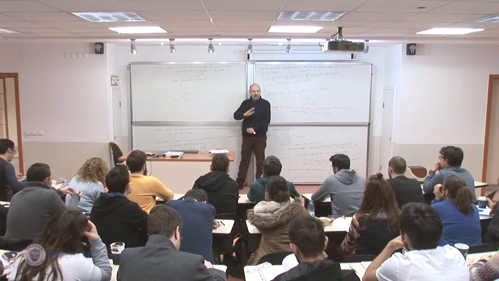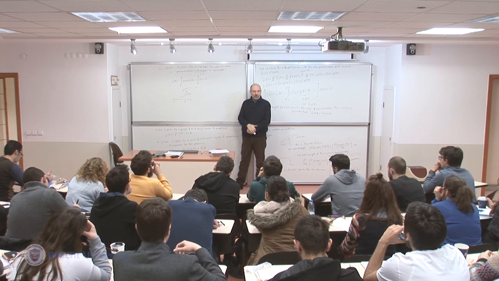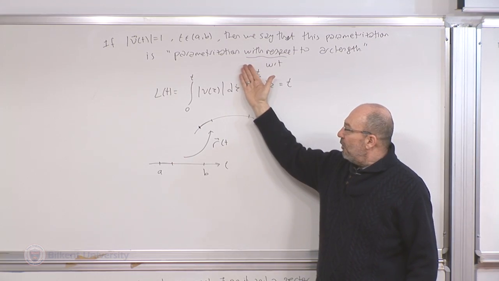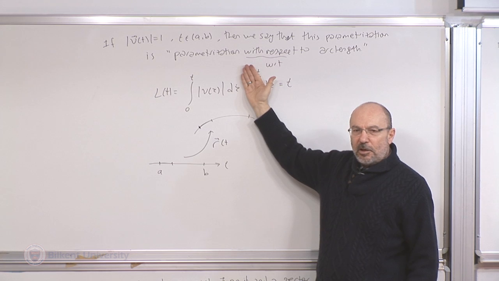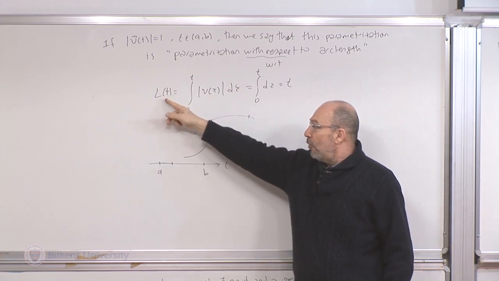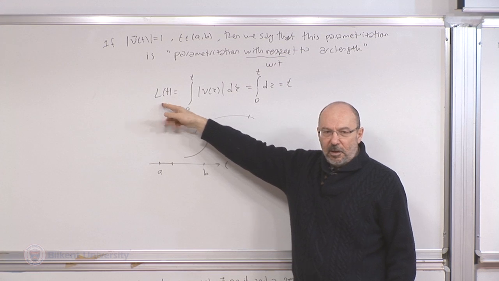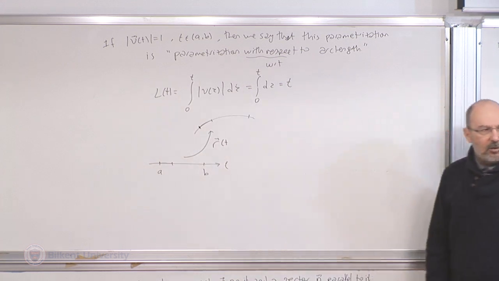You have a one-to-one onto function. It is invertible. So even if this thing is not equal to 1, theoretically, you can evaluate this integral and then solve for t in terms of the arc length. Okay, but that is only something theoretically